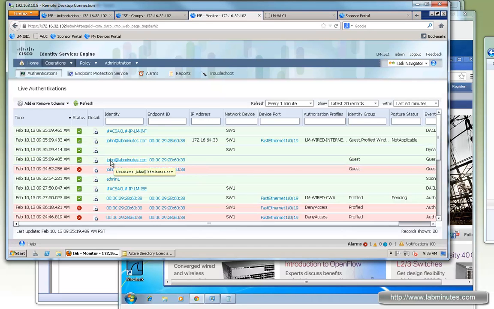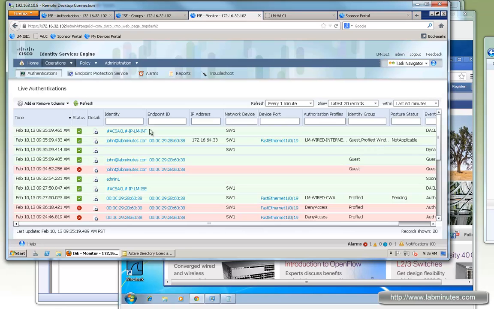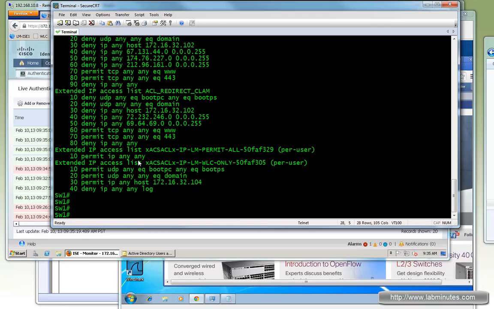This is where we came in, and the first time we have an incorrect password. This is why authentication failed, and then this one we succeeded. And then we've got a COA that went out to the switch, and then we got switched to internet only authorization profiles. Okay, so now if you go and look at the switch, see if we can pull up the switch authentication session,